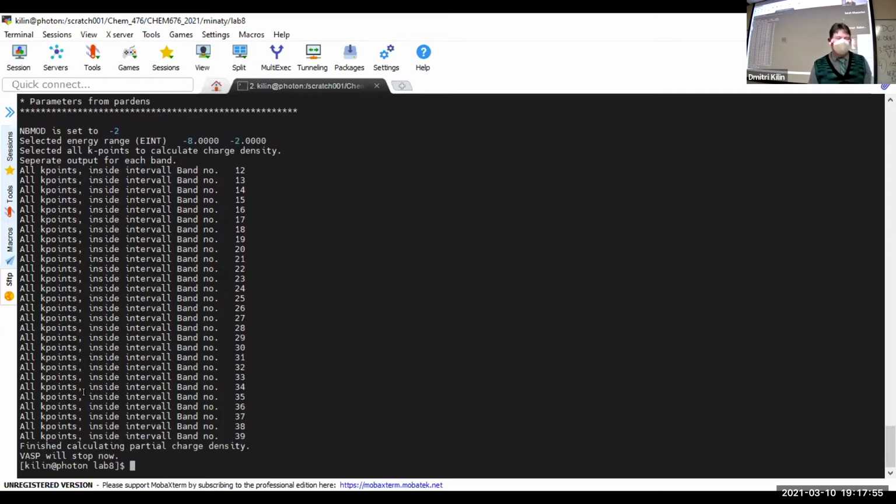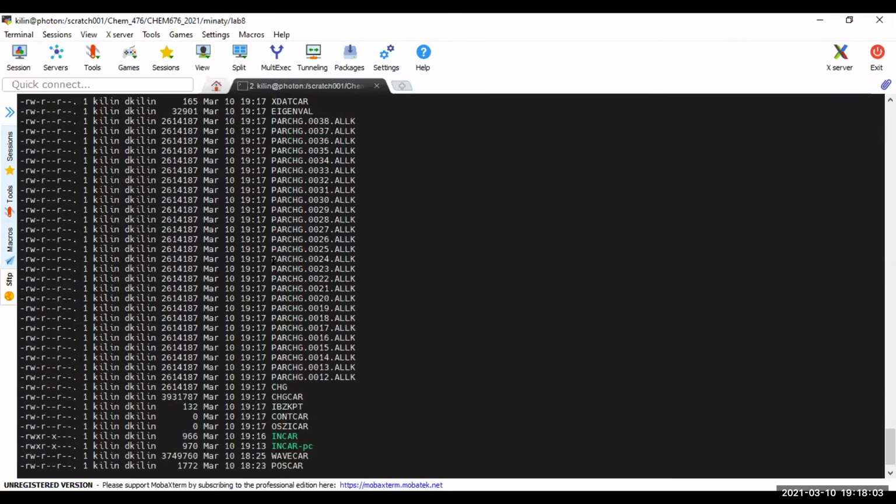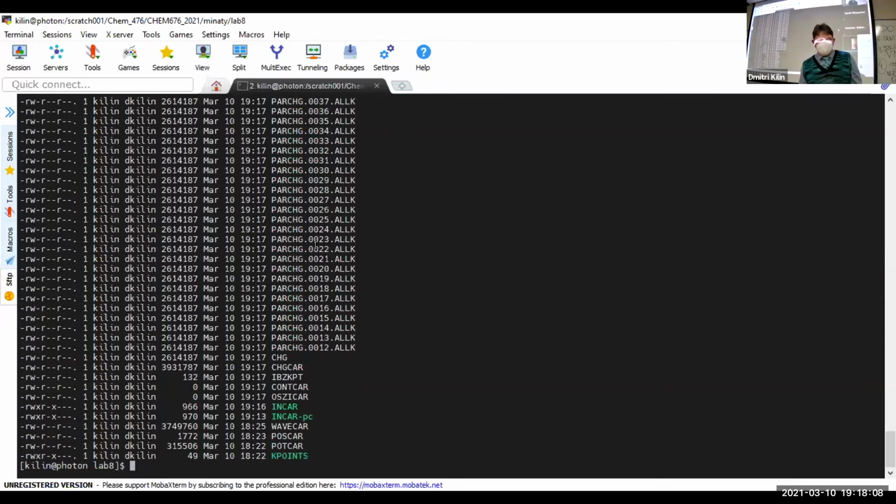And now type ls space minus lt. Enter. So you see these PARCHG files. Yeah. So let's convert them from VASP format into Gaussian, into cube format, and try to plot one of them. So you can either copy paste from the chat, or I will spell the command. So tilde slash